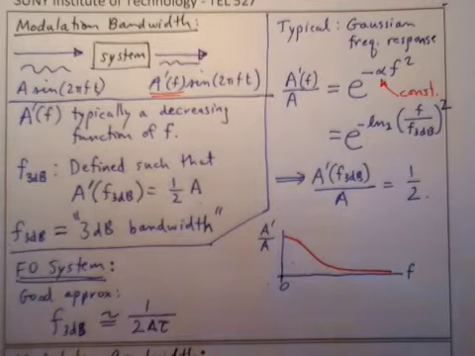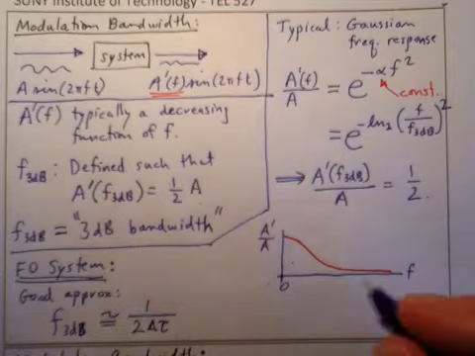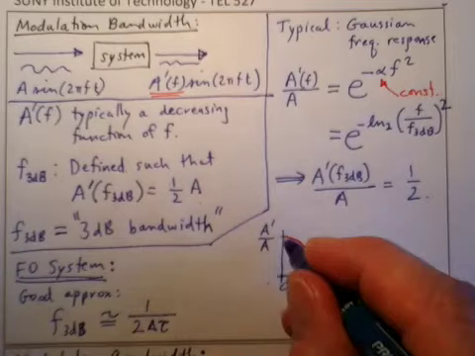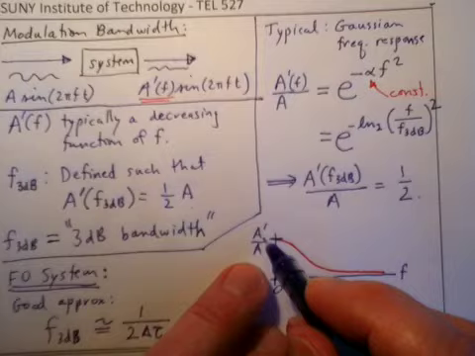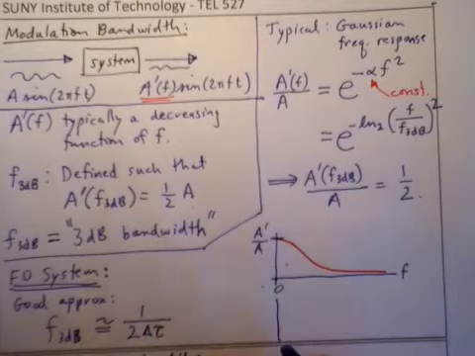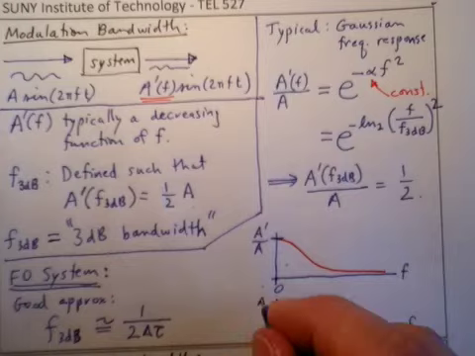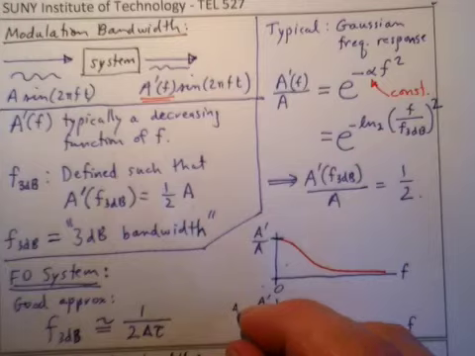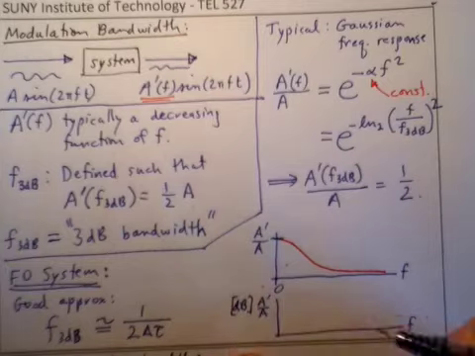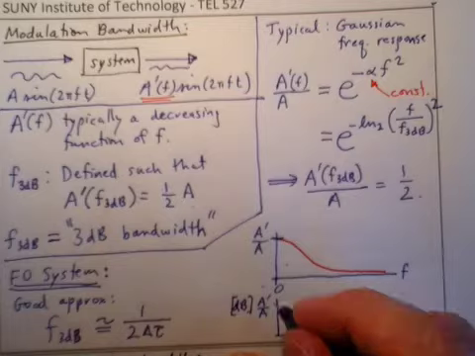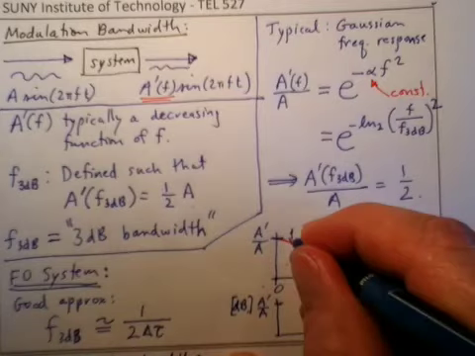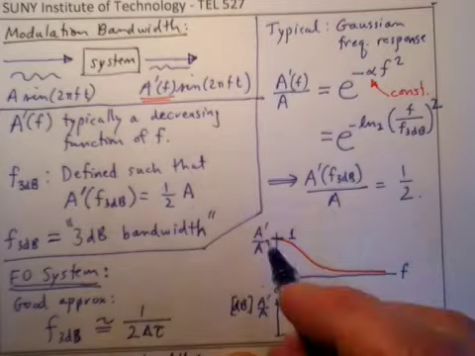If we move this into a log coordinate, if we go ahead and convert this ratio into decibel units, A prime over A in decibel units. I'm running out of room here. It starts off, let's see here, this is starting off at 1 because at 0 frequency we have A